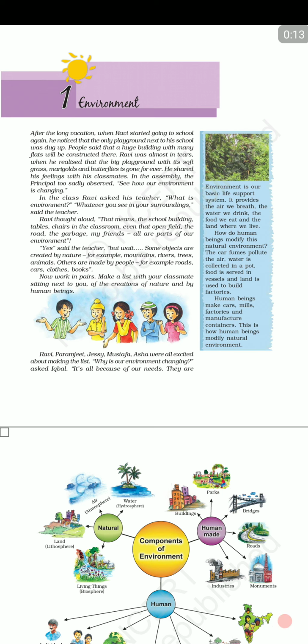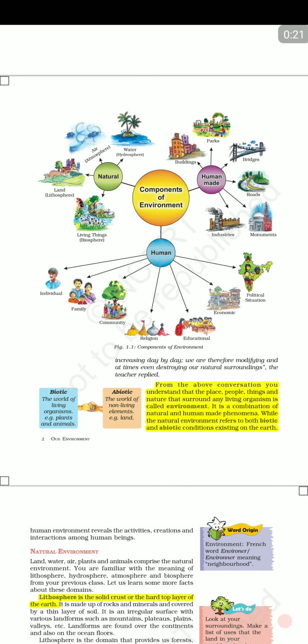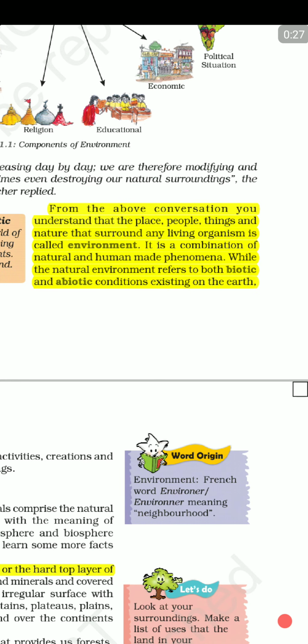There are at least 5 or 6 important terminologies. The first is environment. If you see the word environment here, the word origin has been clearly given. If you break the word, environ: en means in, and viron has come from a French word, viron, right? So viron in turn has come from the Sanskrit